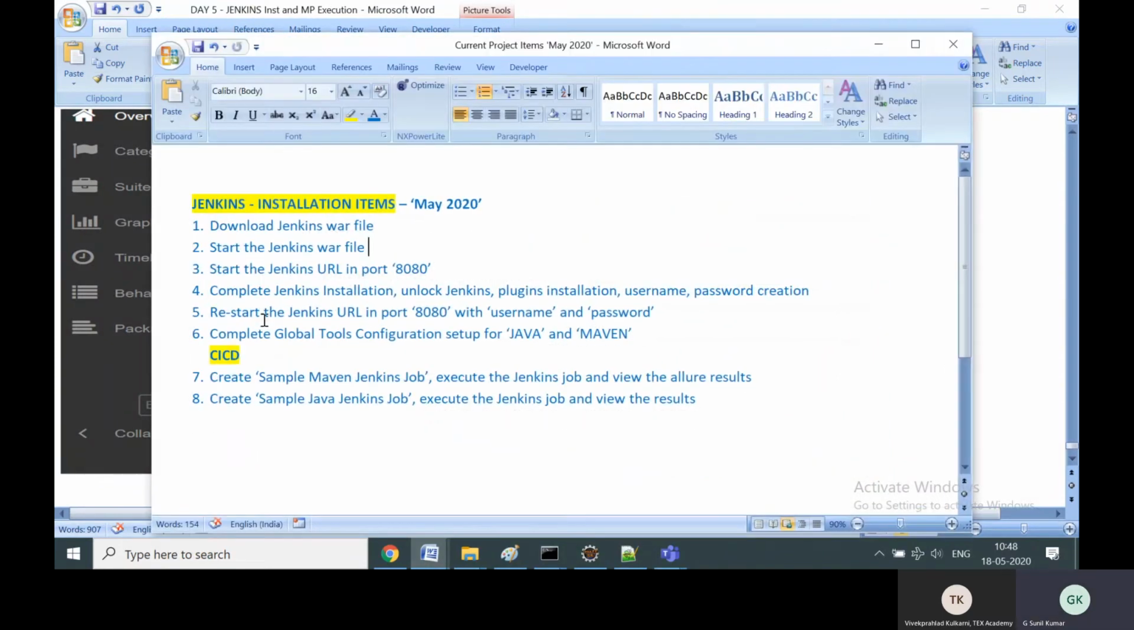So if you see here also, we have covered download Jenkins war file. We have completed start Jenkins war file. We are now comfortable how to start a Jenkins URL in port 8080. We have completed Jenkins installation. We have unlocked the Jenkins plugins installation. We created username and password. Then we restarted Jenkins with the username and password, completed global tool configuration, and we completed plugin installation. And then